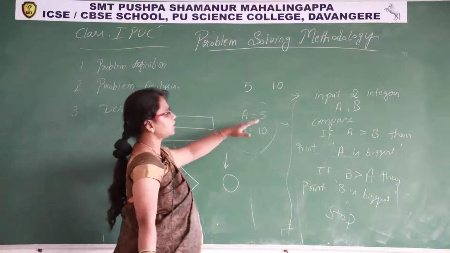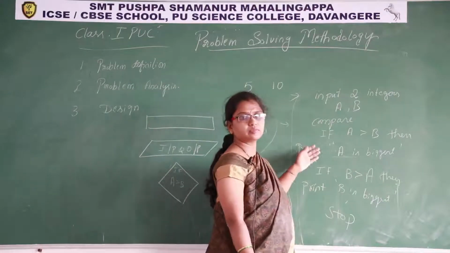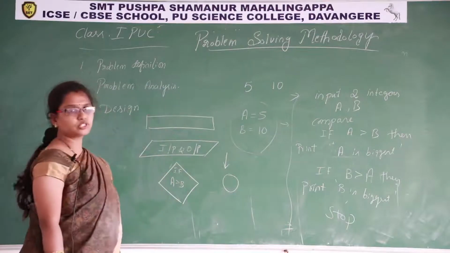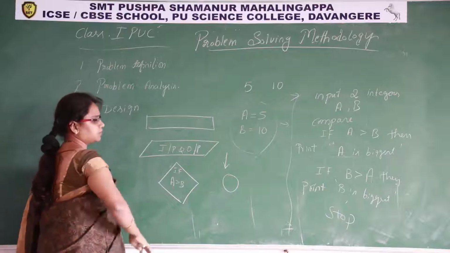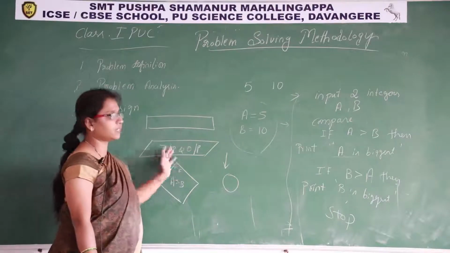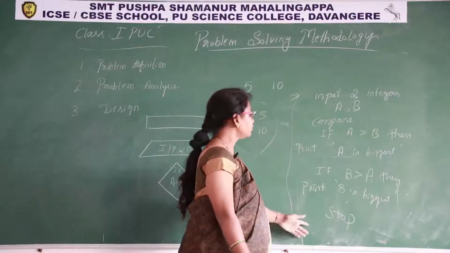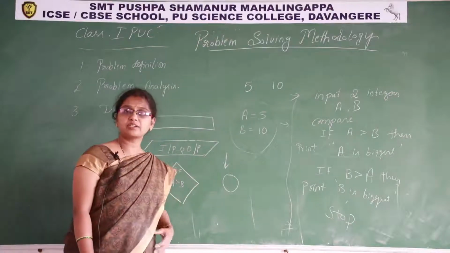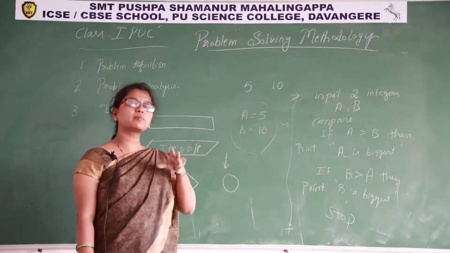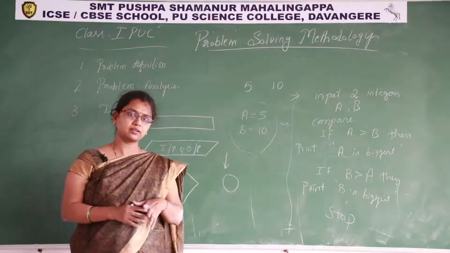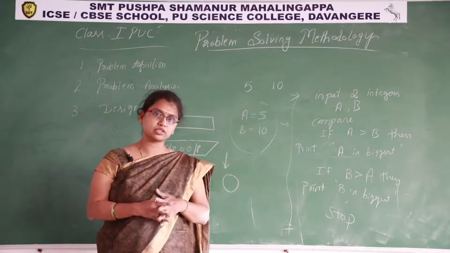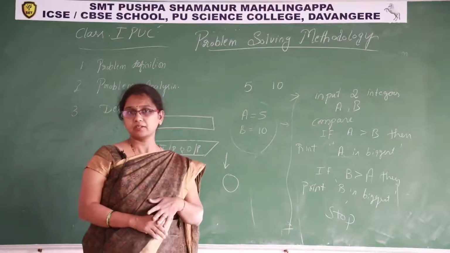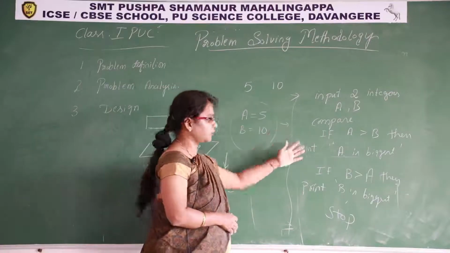See, one way of designing is writing steps, one by one step. And another way is representing this solution in terms of symbols. This is called a chart, we call it a flow chart. This is called algorithm and this is called flow chart. What is meant by algorithm? It is a step-by-step representation of a solution for a given problem statement. We have a problem statement. For that problem statement, we got a solution and we have to represent this solution in a step-by-step manner. That approach we call algorithm.